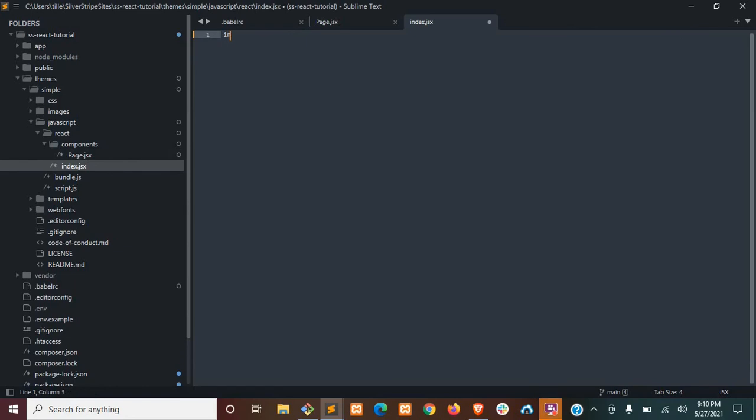Now back in our main index.jsx file, we could just get rid of everything. We're going to import React from React, same as the last file. And then we're also going to import the React DOM package. So that's going to be import ReactDOM from react-dom, just like that. And then we can actually import our component from the components folder. So we'll do that by saying import Page